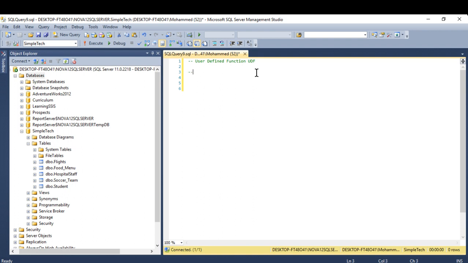We have two types. The first one is called scalar value function. The scalar value function returns for me a single value. And I do have another one